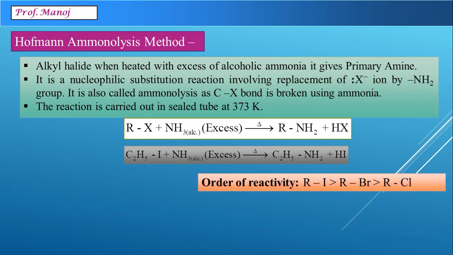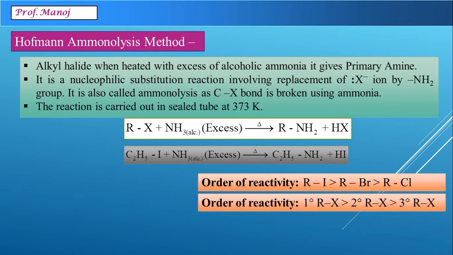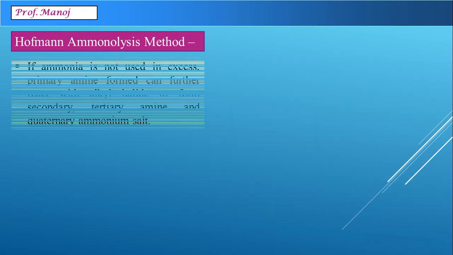We should know about the order of reactivity here, where iodide is more reactive than bromide, which is in turn more reactive than chloride. Among a given halogen, alkyl halide, the order of reactivity is primary alkyl halide is more reactive than secondary than tertiary. The reason for this is quite simple, because this undergoes SN2 reaction mechanism. That is why primary alkyl halides are preferred for the reaction. Let us see some more details of it.